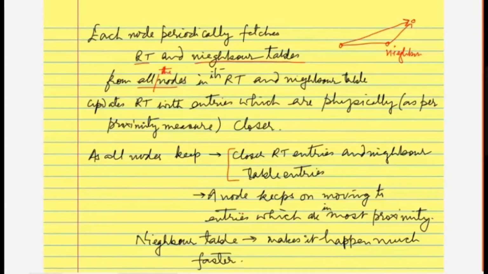The neighbor table makes it happen much faster. For example, you are a new node and you are only able to build up your neighbor table, so you don't know in your routing table which is the closer one. Maybe you got a far off node and he is giving his proximity-based node possibilities to you, so you are not getting closer nodes in your routing table. But when you ask your neighbor, the neighbor will give his own routing table, which is based on proximity and is already optimized. Somebody who is closer to your neighbor must also be closer to you than somebody arbitrary. So this leads to much faster convergence.